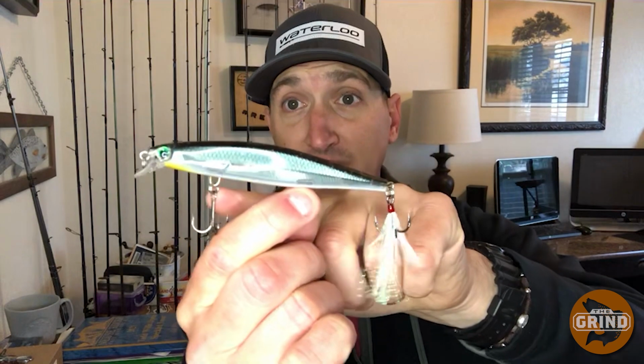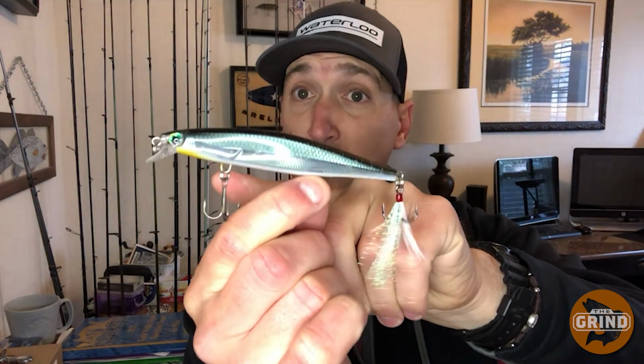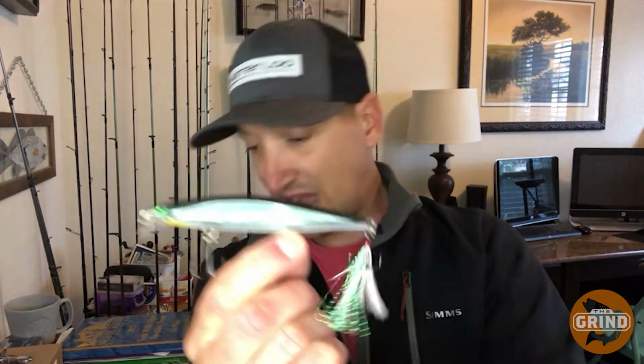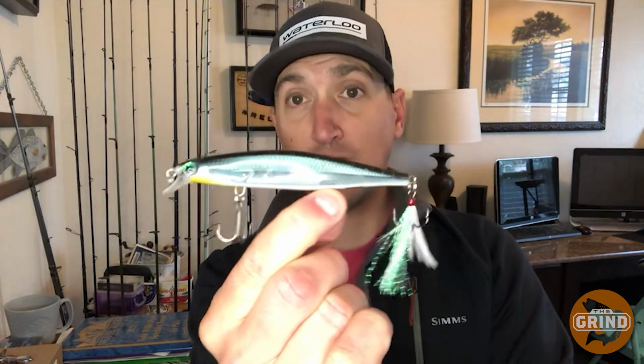Then I've replaced the front with a SPRO size 2 split ring along with the Owner ST36 size 6 treble hook. On the back side, I'm using these Berkley Fusion, also a size 6. So now I've reduced the weight from the middle treble, and I've put this dress treble on the back side. As I'm twitching through that twitch cadence in the water, and I'll float test it here in a sec,